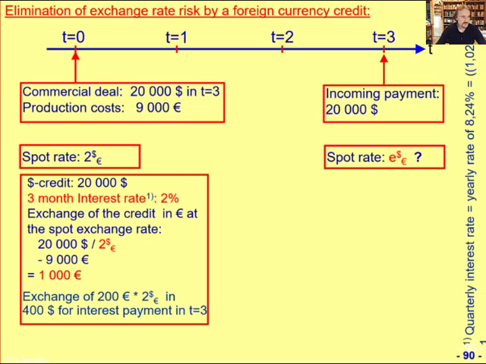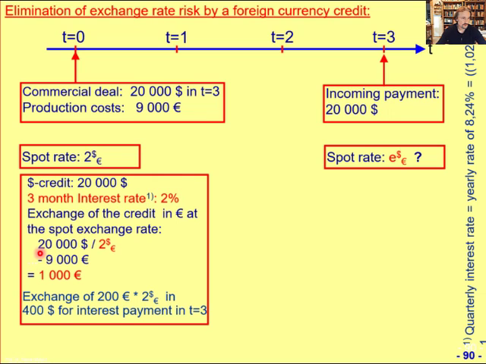Let's assume that the interest rate for a dollar credit of $20,000 with a maturity of 3 months equals, for simplicity, just 2%. So if you take such a credit equal to $20,000, we can immediately exchange the dollar credit at the current export rate of $2 per euro, such that we can realize